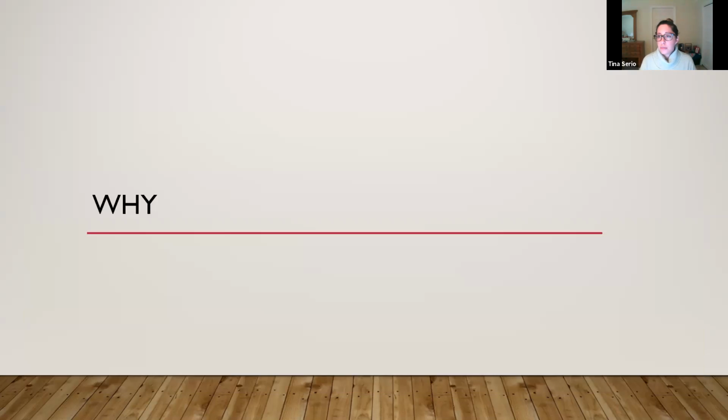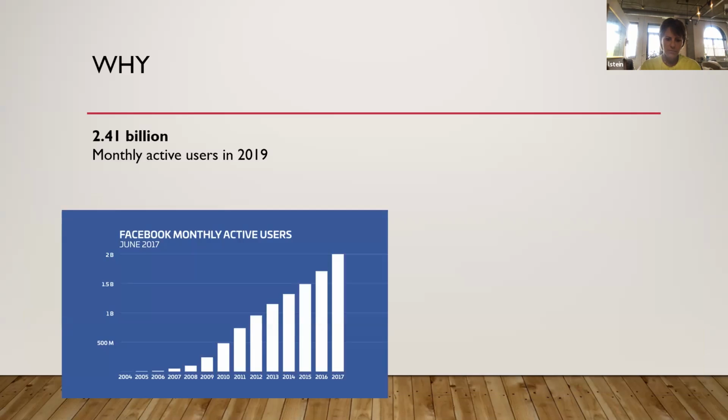So why should we even be talking about Facebook today? Why should we even be looking at Facebook or Facebook ads? Facebook active users have been growing and growing and growing. With this trajectory, it's continuing to grow even today. This little infographic goes up to 2017, but as of 2019, there were 2.41 billion users on Facebook.